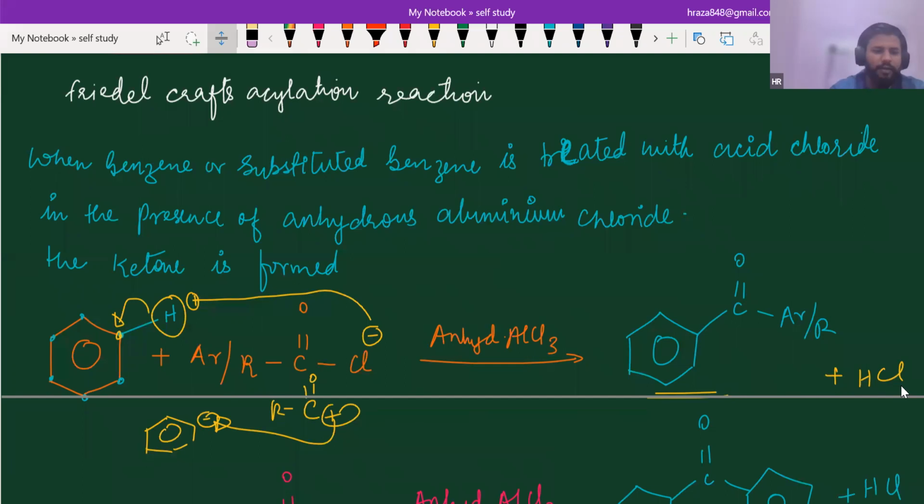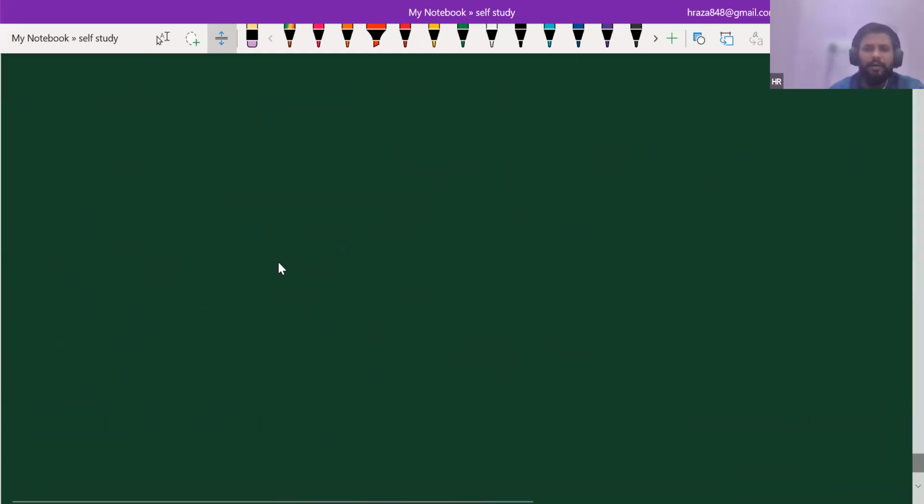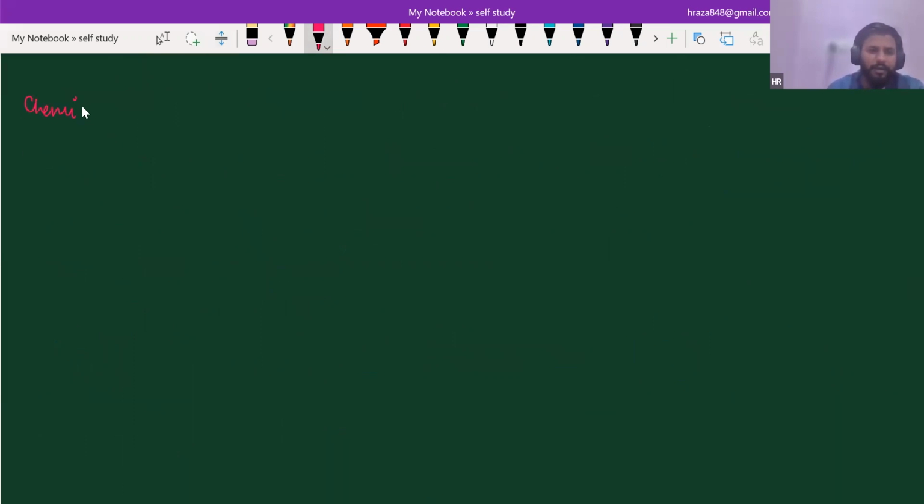Okay. Today we are going to start the chemical properties, which is very easy and very important. Chemical reactions. Write the topic chemical reactions. So here we are going to discuss the chemical properties of aldehydes as well as ketones. So the first chemical reaction is